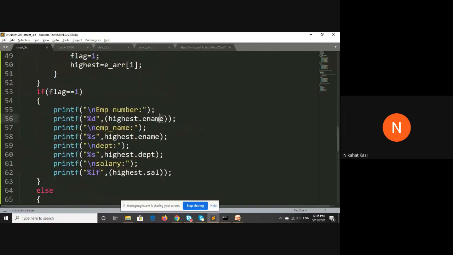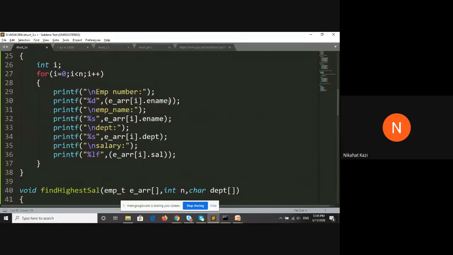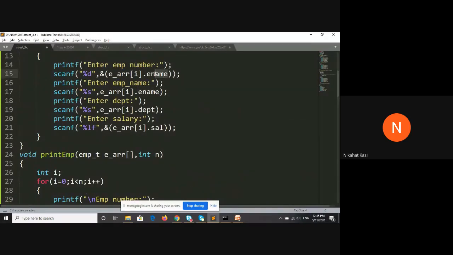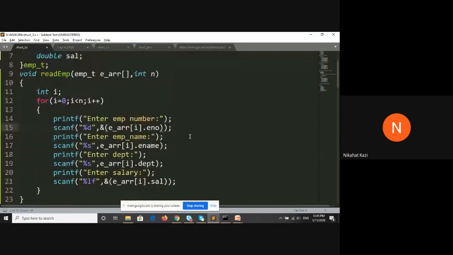In this program, I forgot to change this to E number. That is why it is overwriting it. But still it is working. The only thing is this is getting changed.